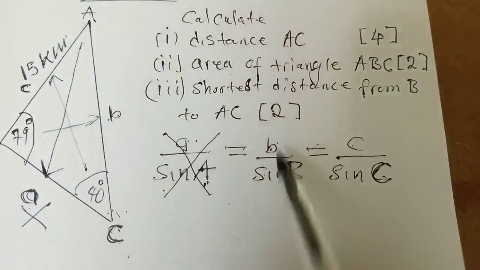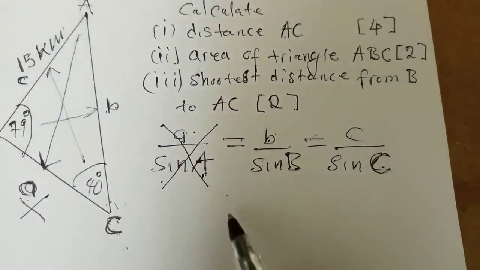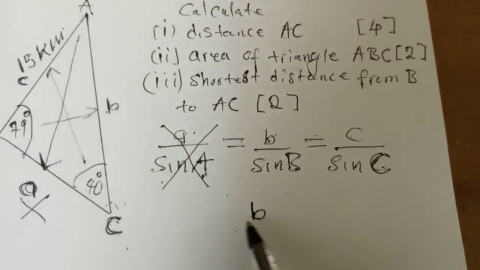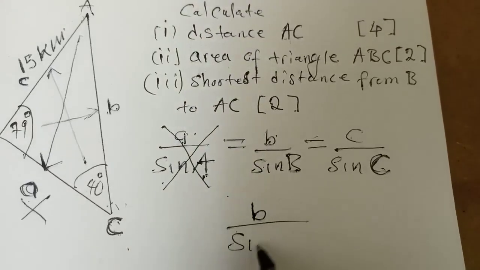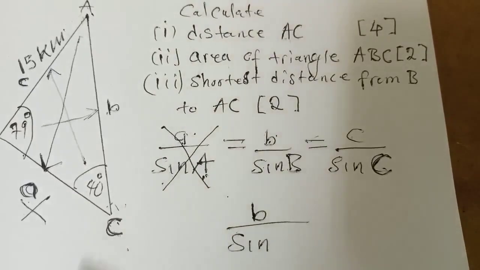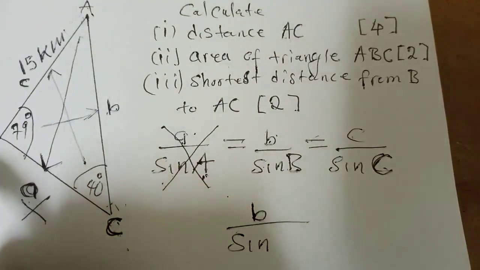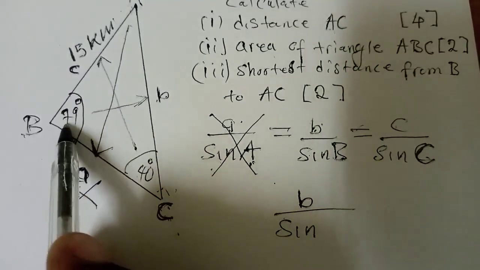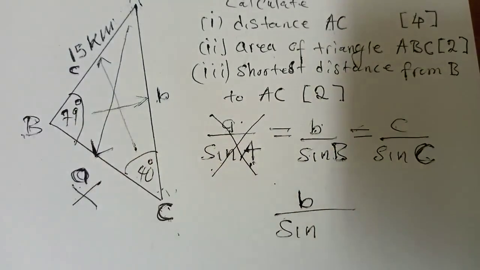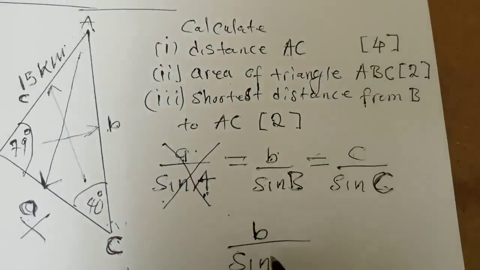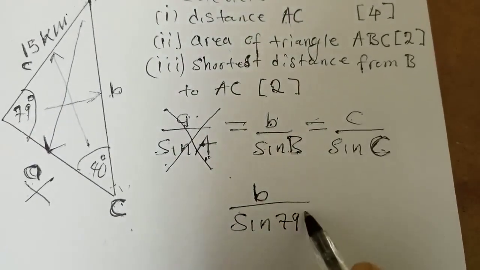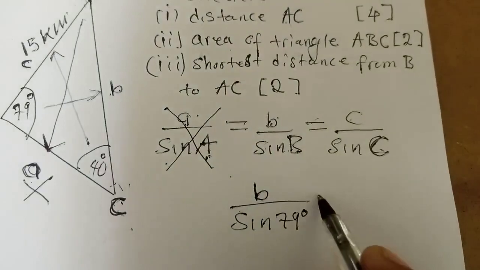So we have b here over sine. What is our B? This is the capital B, and our B here is 79 degrees. So it is sine 79 degrees, like that, is equal to